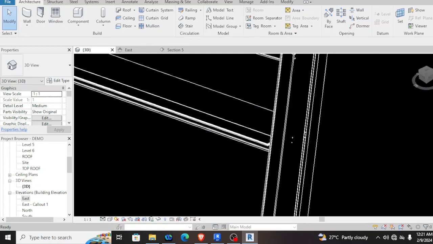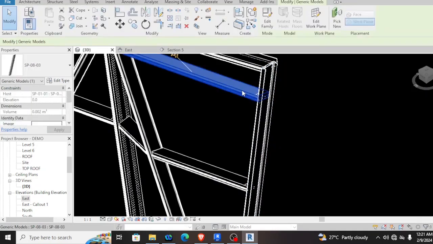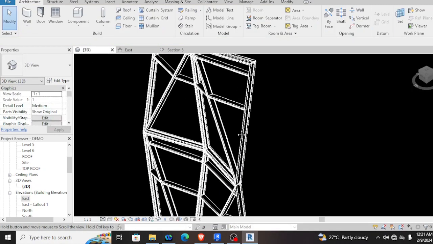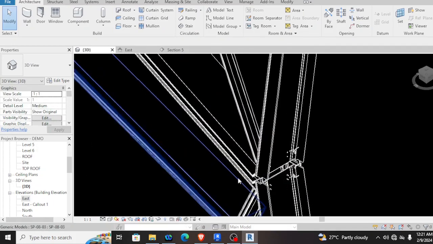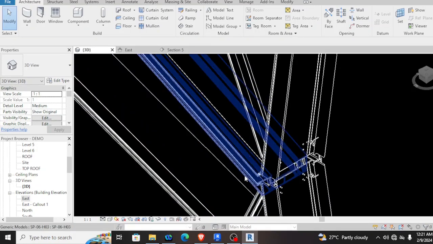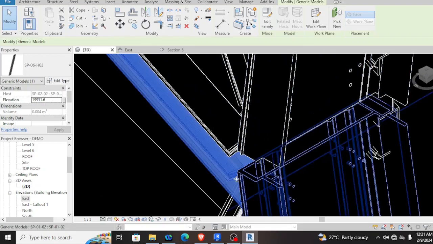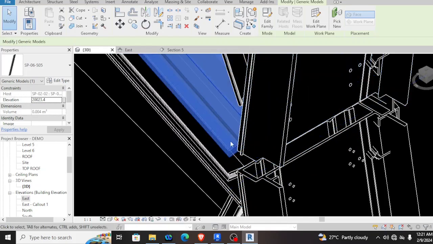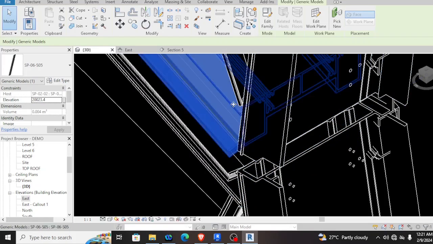Let's undo it. The intermediate transom, we have two. And on the bottom part, we have this transom cap or the bottom transom.